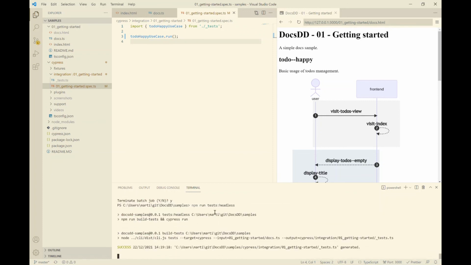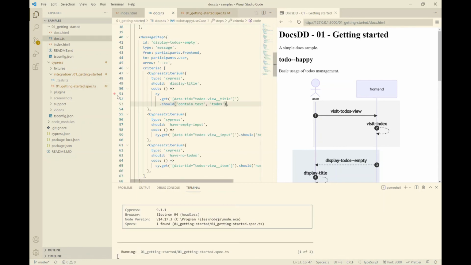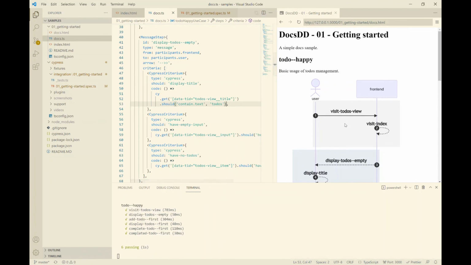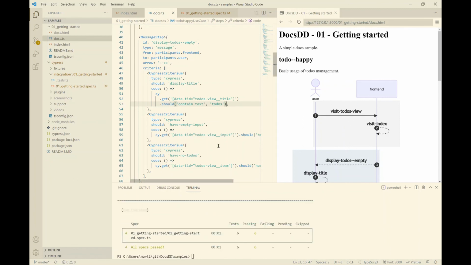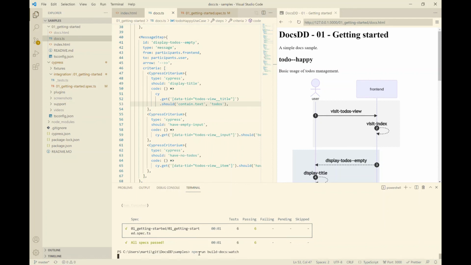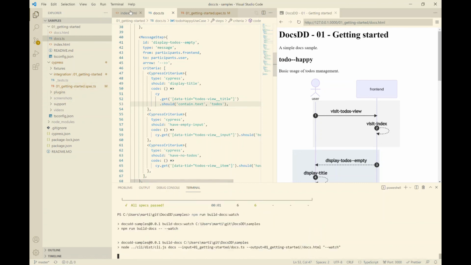And the best thing on this is you can also watch the file, so if the documentation file changes, you can regenerate the diagram and you can regenerate the tests, so you will directly see whether the tests are still passing or not. And yeah, let's quickly do that as well. We had here build docs, it's just :watch,